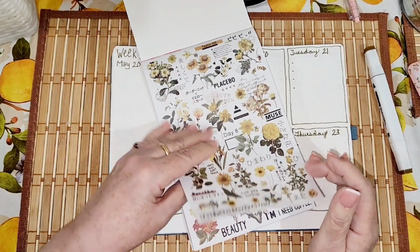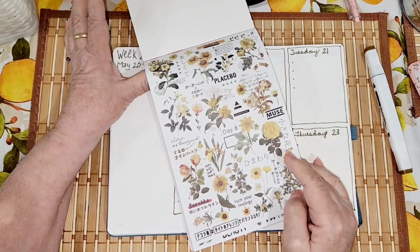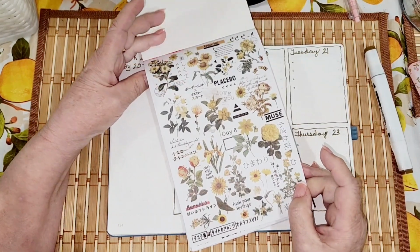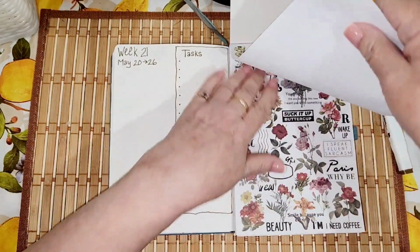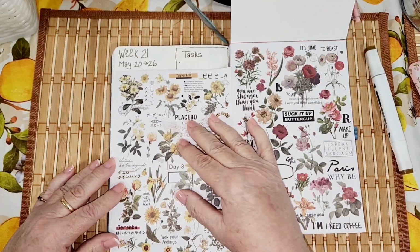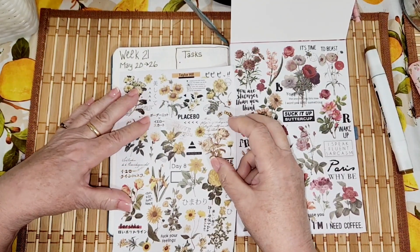So that's what I decided to do. Then I decided that, well, I'm on my first page. What if I just use some of this yellow in here, and then I just utilize butterflies? So here's a thought. I'm just going to rip this out. So what if I just put a line, if I put that down that line there,